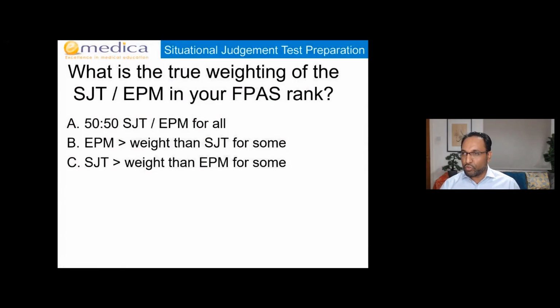So let me just launch the first poll so we can see how that works, okay? So you'll see actually it's got 5 options, but just pick from A, B, C, okay? So what do you think is the true weighting of the SJT compared to the EPM in your FPAS rank for 2023 entry? So A, if you think it's 50-50, B, if you think the EPM has actually got more weight than the SJT for some, and C, if you think the SJT has got more weight than the EPM for some. Okay, so 86% of you picked A, 50-50, and then about 13% picked C,